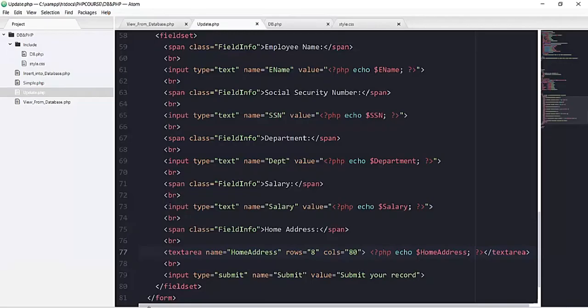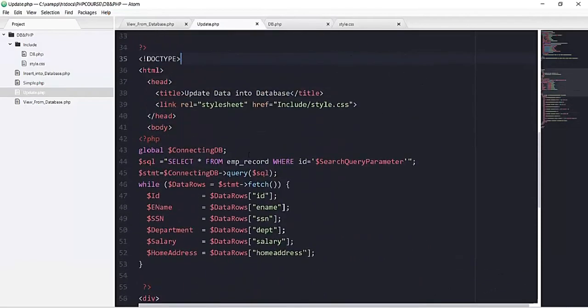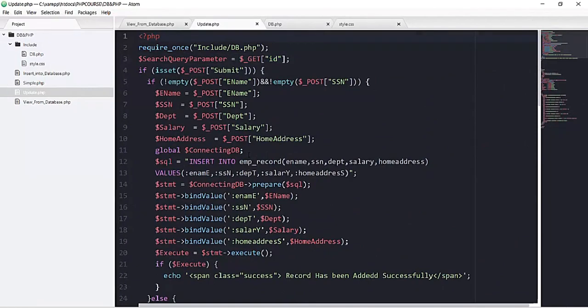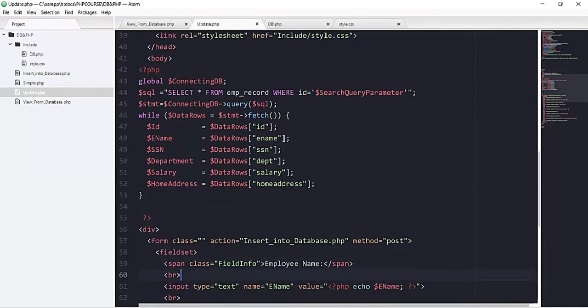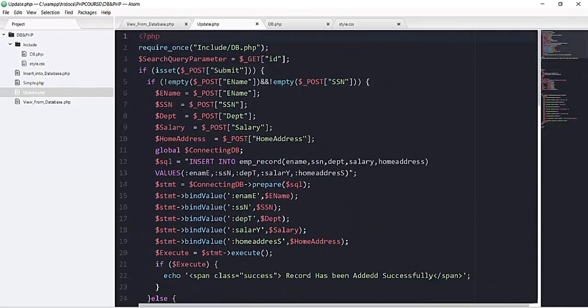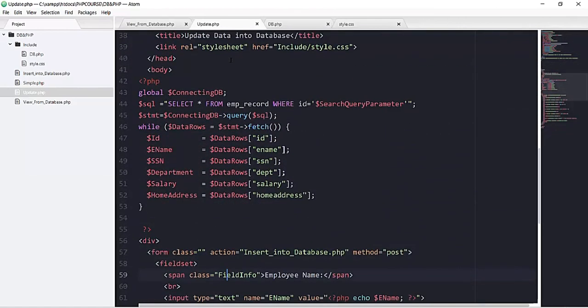So what I did here, I simply first saved this insert into database file as update.php, and then I'm showing the existing data by using the search query parameter, and right here at the top of this page I define this variable search query parameter that is getting the ID. So I'm saying here select all the columns from my table where the ID matches and show my data inside my form.